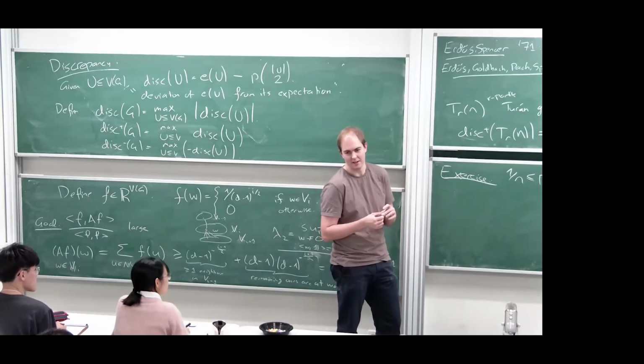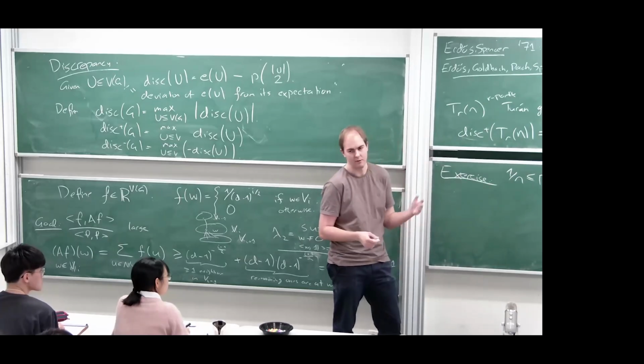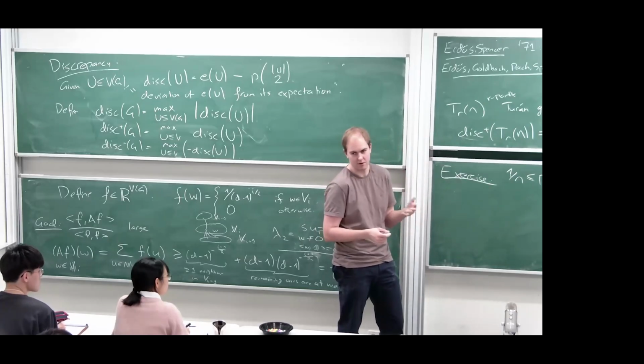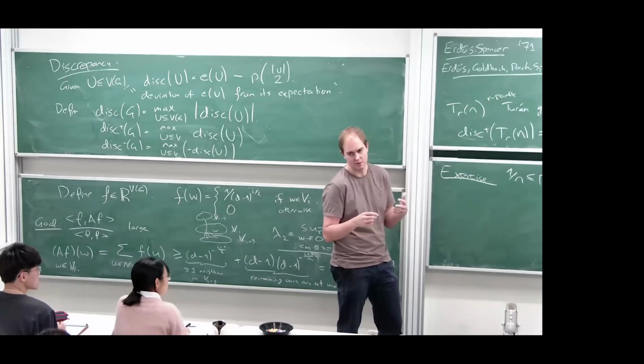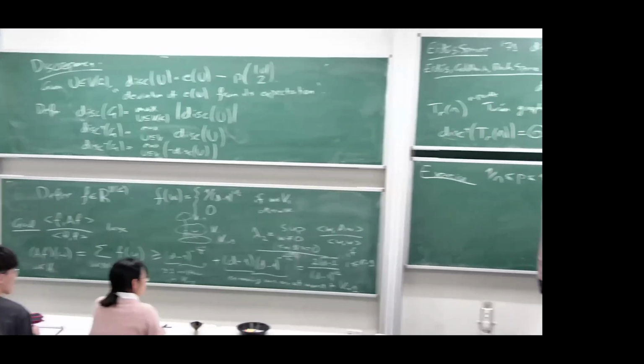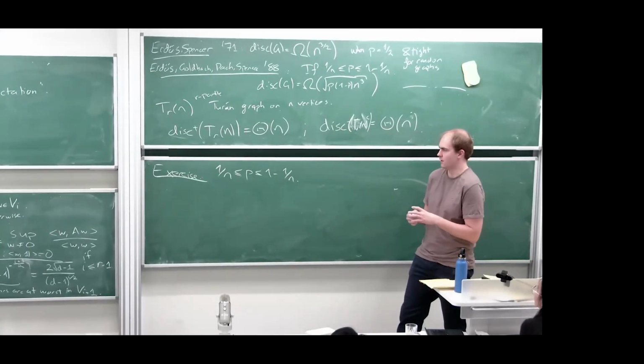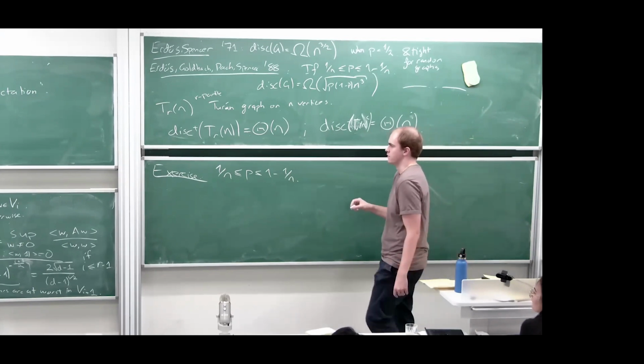So basically we don't see isolated vertices. If we replace this by c over n and we take a regular graph, or a graph where the min degree and max degree are upper and lower bounded by a constant times the average degree, then we are in a regime where we don't see many isolated vertices and so on. So we are not in a sort of trivial regime. Then it can be proved that